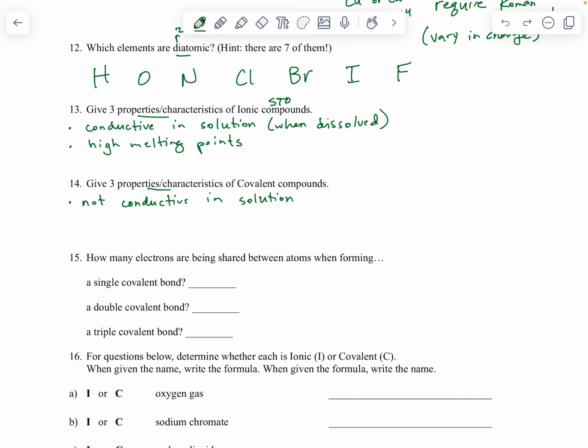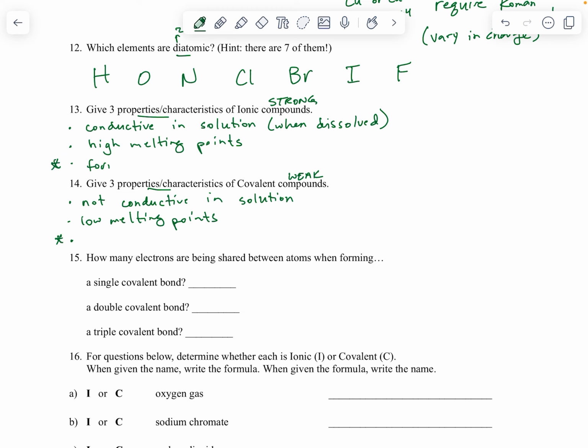Whoop, a little too fast. Strong, whereas covalent compounds are weak, right? Or weaker. So ionic compounds have high melting points, which means these had low melting points. Our sugar definitely melted a lot quicker than our salt, our sodium chloride. And then the last one, I think, is the biggest one that I'm going to make sure that we highlight, is